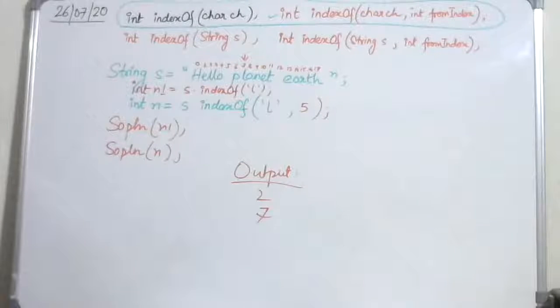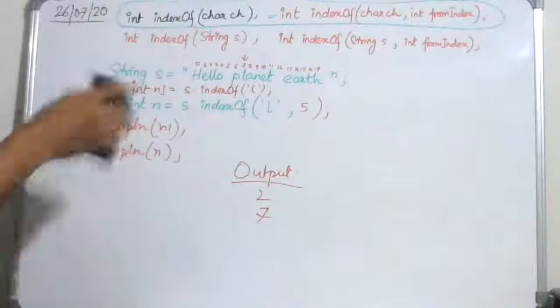The one that takes a string as an argument, we'll discuss that in the next class. So for today, I hope the indexOf function with respect to the one that takes the character argument is clear, and let's end today's class here. We will discuss the one that takes a string value as an argument in the next class. It will work pretty similarly, except there are certain differences, but those differences are not too great. So it will be similar.